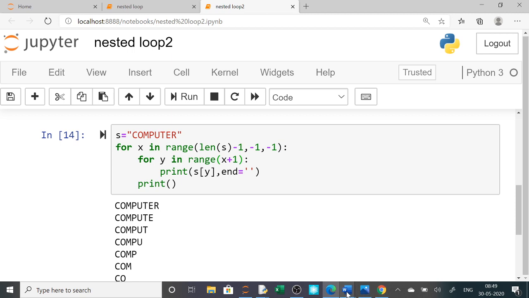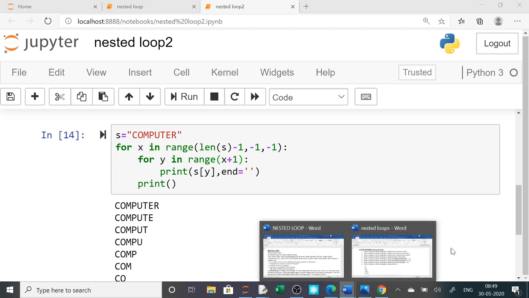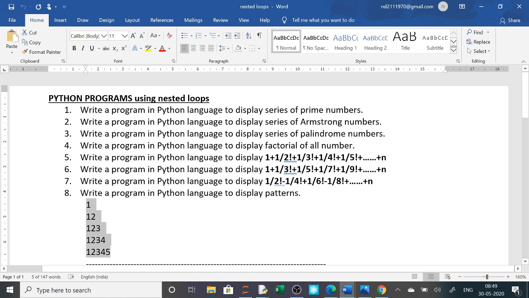So solve all this question, whatever is given here, and then if you have any doubt, you ask me. So these we will solve in the next video, all this alternate positive and negative along with the factorial. So we will use an inner loop for calculating the factorial and outer loop for calculating the sum.